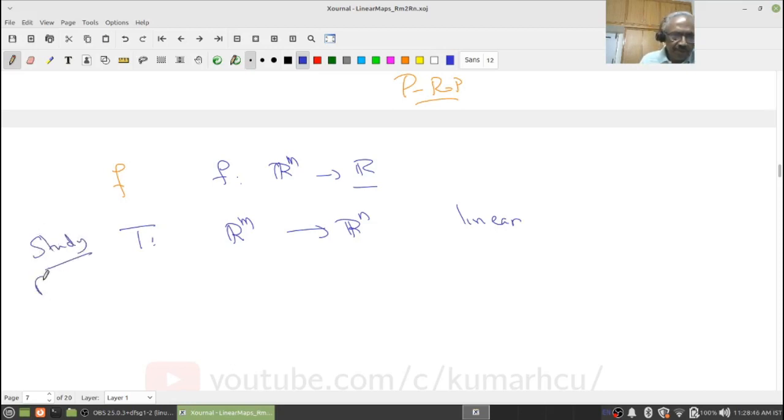In fact, we want to find all of these. Now what do you do? See, this is where the mathematics comes. I want to look at linear maps from Rm to Rn, but I do not know how to do that, but I know how to find linear maps from Rm to R, right? So this suggests, given a linear map T from